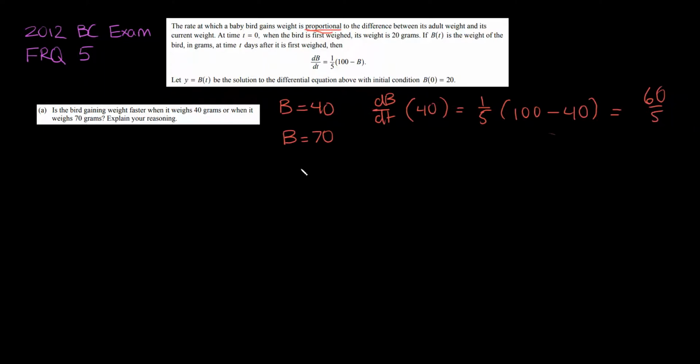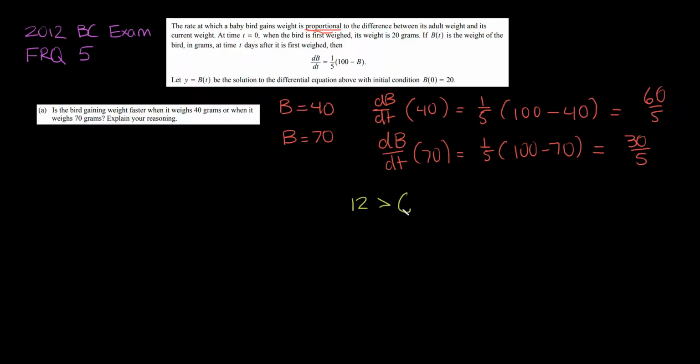Now, if b equals 70, we get that the derivative of this bird's weight with respect to time at 70 equals 1/5 times 100 minus 70. Well, we're subtracting a bigger number, so intuition already tells us we're going to get a smaller dB dt, and indeed that's what we see. 60 divided by 5 is clearly greater than 30 divided by 5, and if we were to simplify, 60 divided by 5 is 12, and 30 divided by 5 is 6. 12 is greater than 6, which implies that